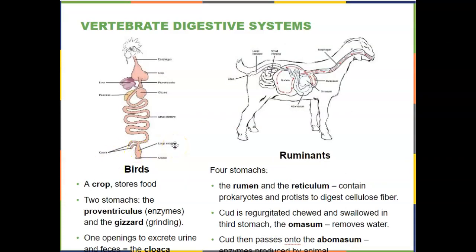All right. Here we have some examples of different multi-chambered digestive systems right here. This one's a bird, an herbivorous bird. This is a chicken, if you recognize that head right there. And this is a goat right here. And both of these animals have a multi-chambered digestive system, which is specialized for dealing with difficult to break apart